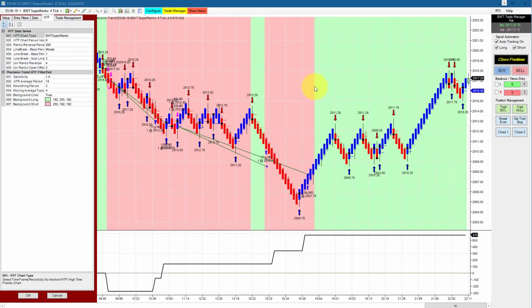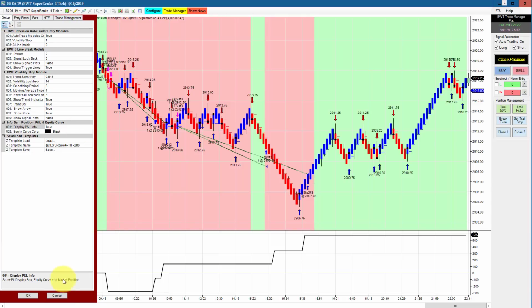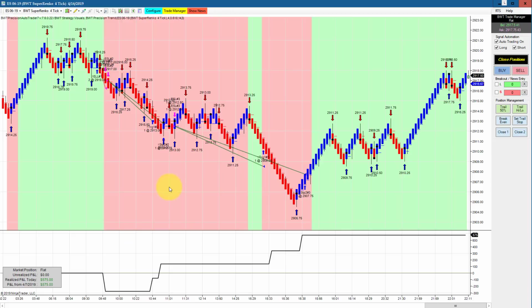Okay, the E-mini S&P with a Super Renko 4 tick and a Super Renko 6 higher time frame. Another long-running, consistent chart for BWT. This has a goal of 850, and we did 575, just shy of our goal. Kind of similar trades to the one with the 4 tick. Same higher time frame but different sensitivity, just different setup here. Kind of drew down about 150 per contract and then came back with these two back-to-back winners and finished at